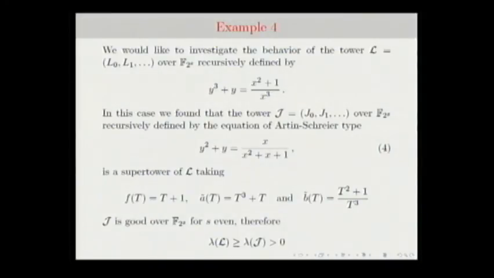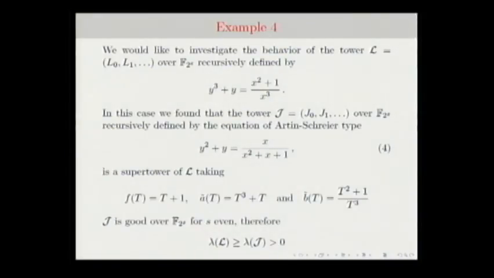And this tower was the only one left in another work of Garcia and Stichtenoth, where they classify all the Artin-Schreier towers in characteristic 2, and they say which of them are good and which of them are bad. And then they say, well, we have this one that we don't know yet if it is asymptotically good or asymptotically bad. And we started studying this one, and it seems to be asymptotically good, but we couldn't prove it. And then we started looking at this one, and we could prove that this tower is asymptotically good if we take even powers of 2. Actually, this one is asymptotically good for even powers, and it's asymptotically bad for odd powers.